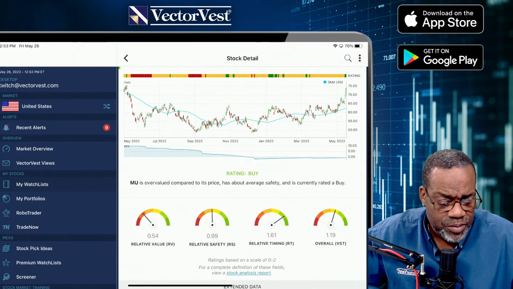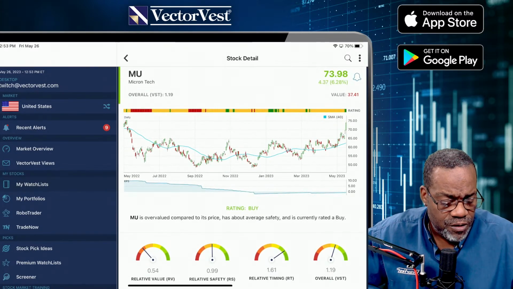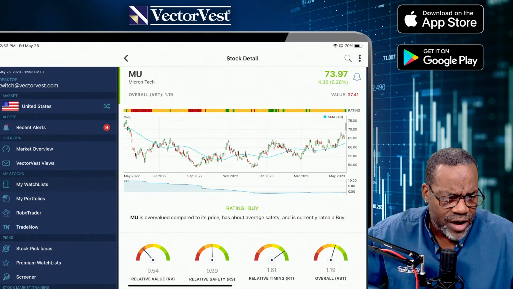AI is moving it, but you know what I don't like about MU? Earnings. And China went after them, saying that they were a security risk. They got hit by that. China specifically called out MU. But the stock has rebounded. It was a couple of days ago that happened. The stock rebounded. I don't like the earnings.